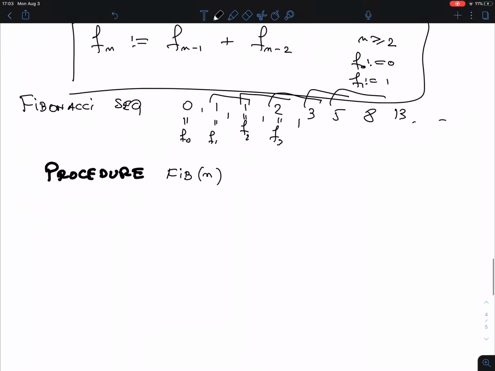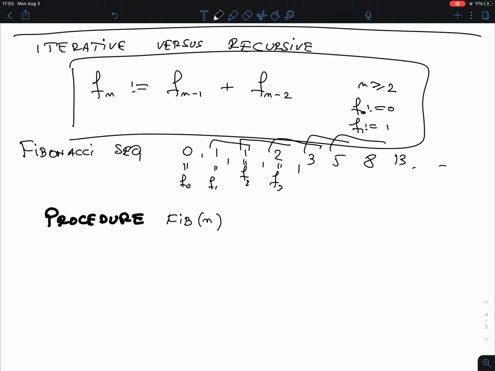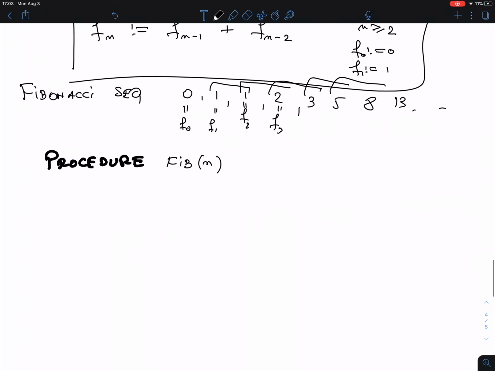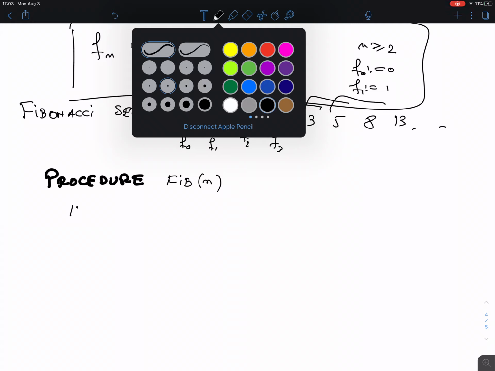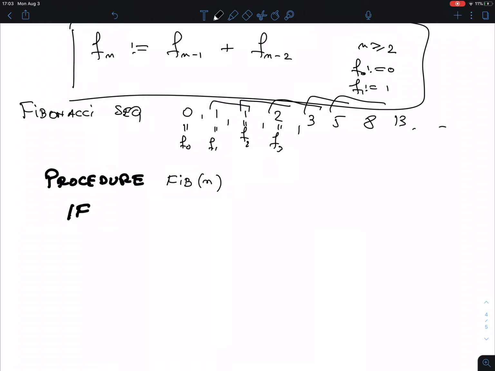As I said, this is for this particular recursively defined function, but what I'm saying here works for any recursively defined function. Namely, you have to deal with the initial cases. So if n is 0, then return 0, else